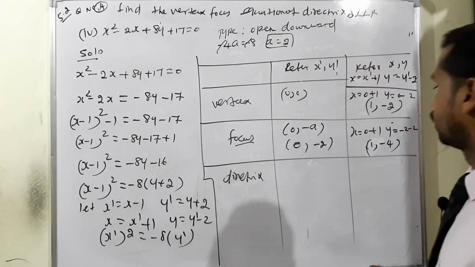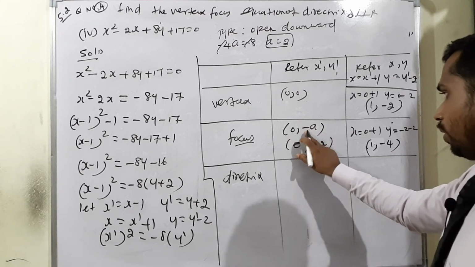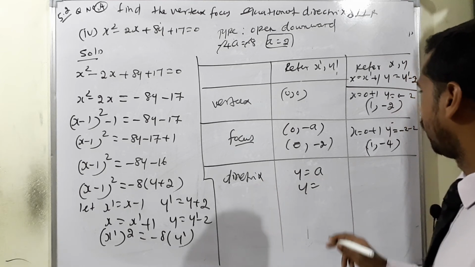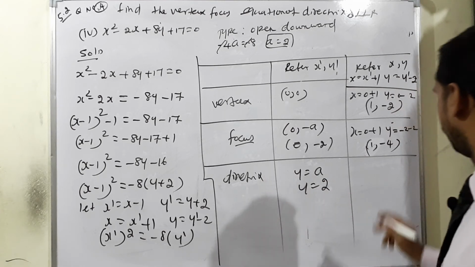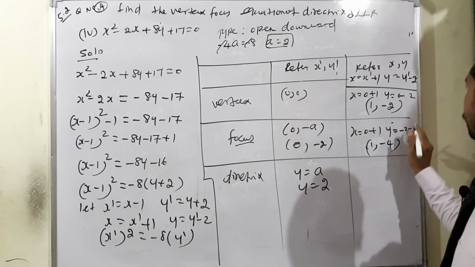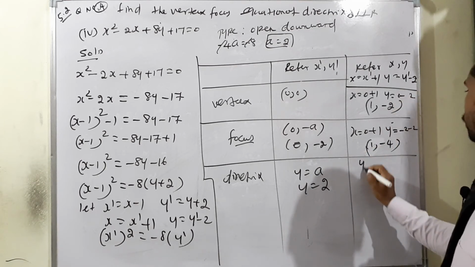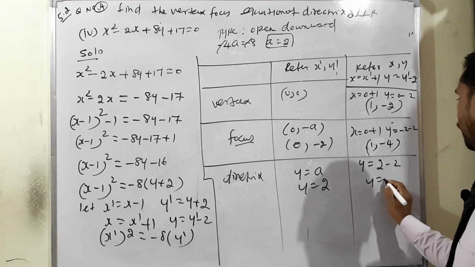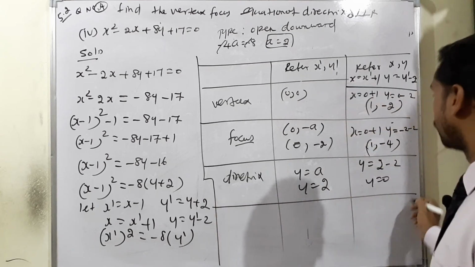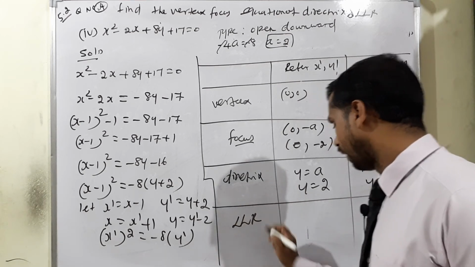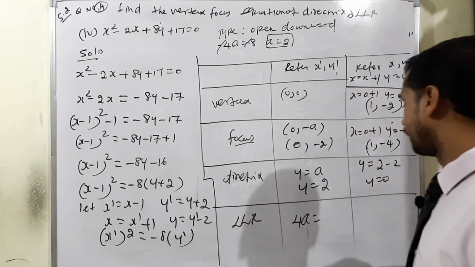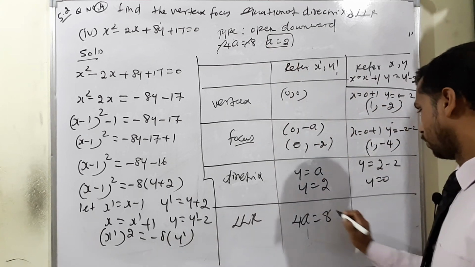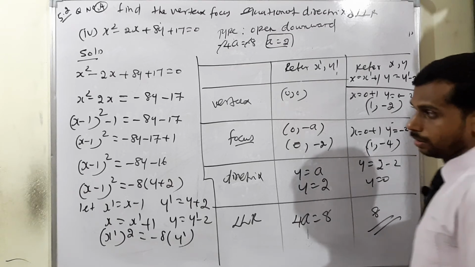Third one, equation of directrix. So directrix means opposite sign. So negative a is there, so y is equal to positive a. Therefore y is equal to a, which is what value? Positive 2. Now listen very carefully. So for the y term, look at there, y is equal to y dash value will be 2, means 2 minus 2. Therefore directrix is y is equal to 0. Last one, length of latus rectum. Length of latus rectum means always 4a is equal to 8, isn't it? So here also 8 will come. That's all. Okay. So important term.